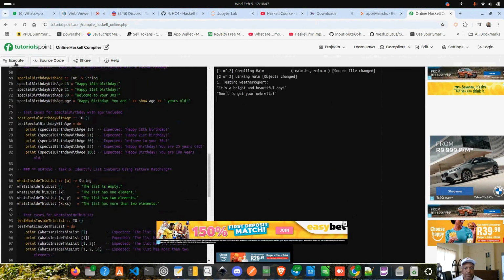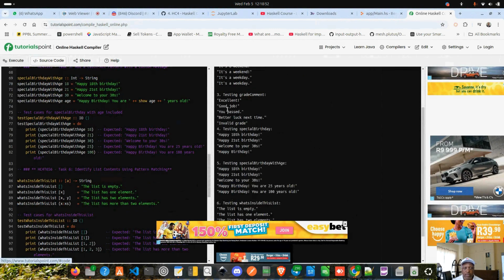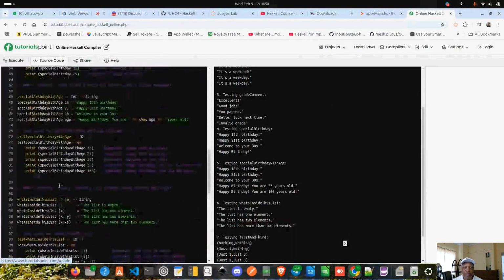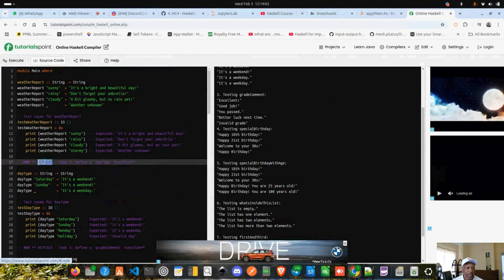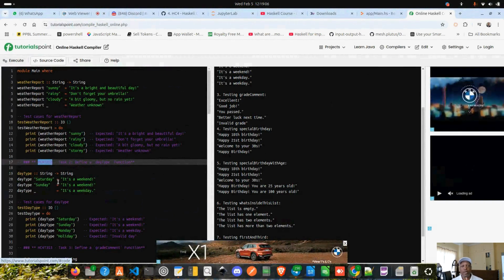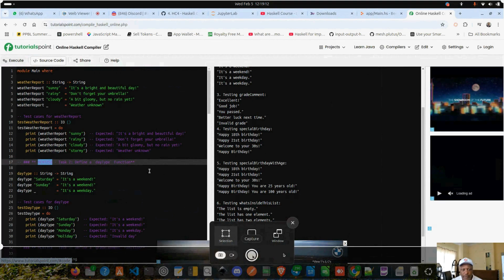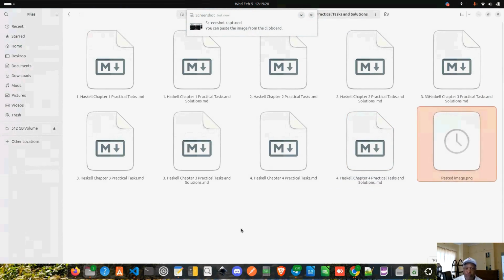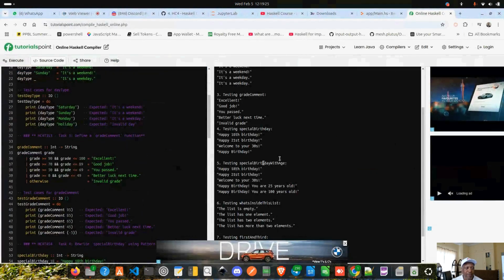Then let me run it. Wow, look at this. These are the results. It means I've created all these functions and I've tested them and they are working. So I have completed my what? My HC4, my Haskell chapter 4, and then do your screenshot that shows the datetime stamp like this. Then save it in your folder. Save it for here. That is one. Then make sure your screenshot cover everything